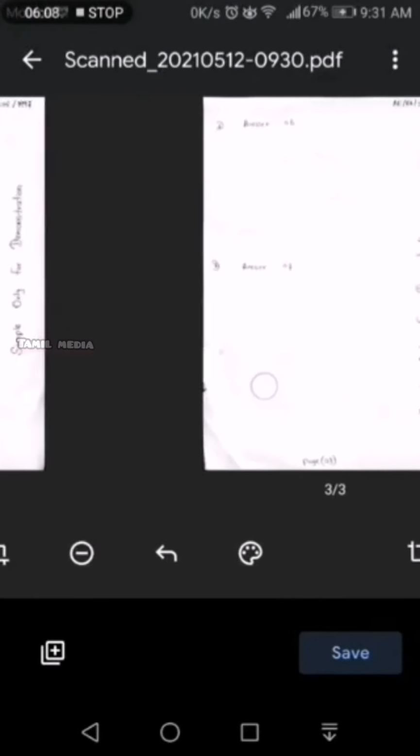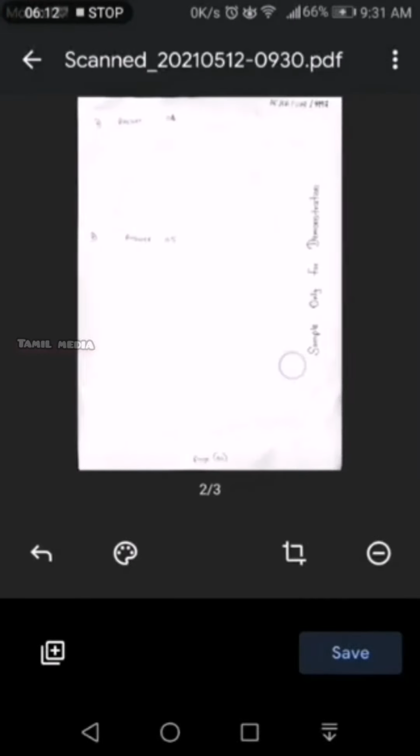Okay, this is the sample for the third page. I'm clicking capture again and clicking the tick icon at the top. Okay, now you can see all 3 pages have been scanned.